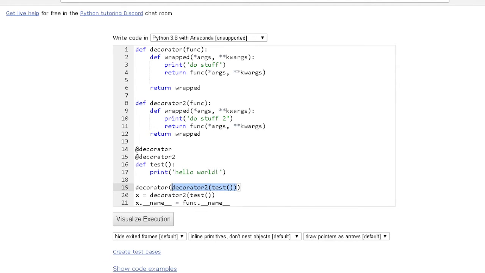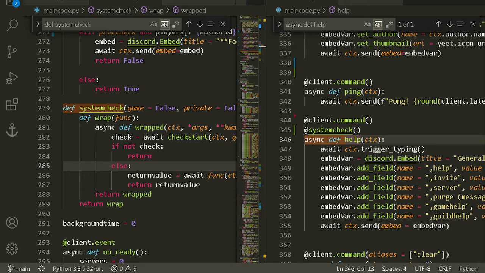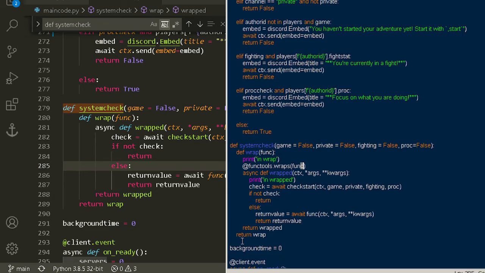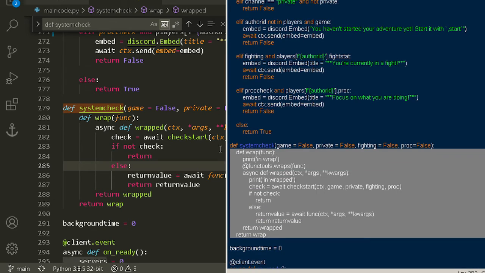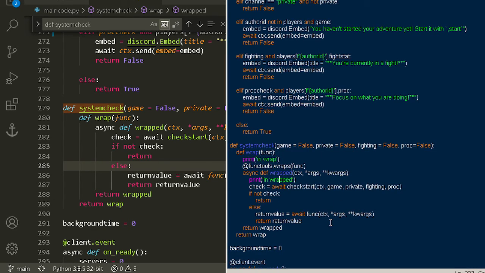So yeah, hopefully this video sort of helps you. This again, this function, this is how you would do it. You can modify it if you ever need a decorator with parameters. You can just remove this functools part, remove the async part, leave in the define wrap thing, remove the ctx, just modify it yourself, and I hope this